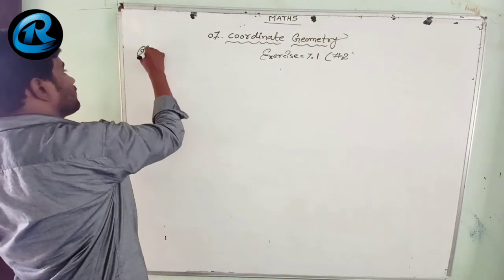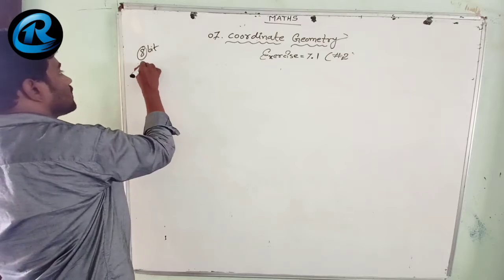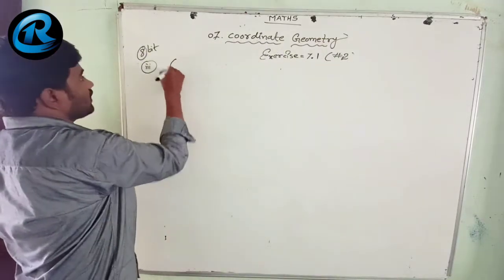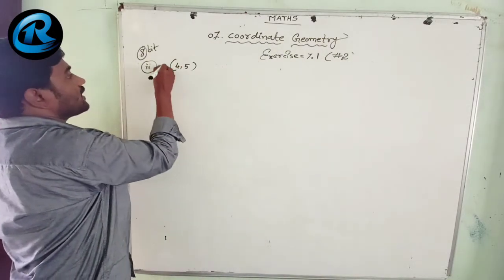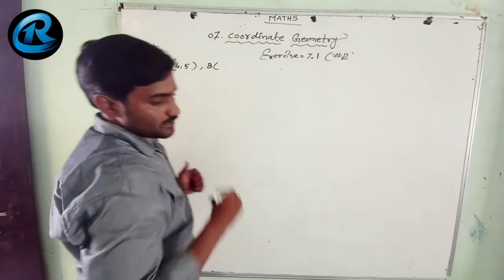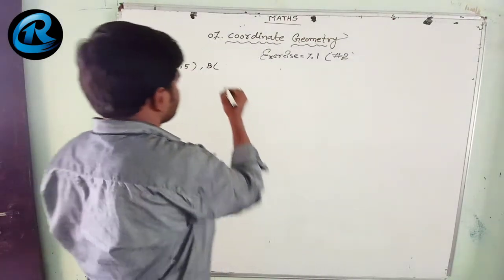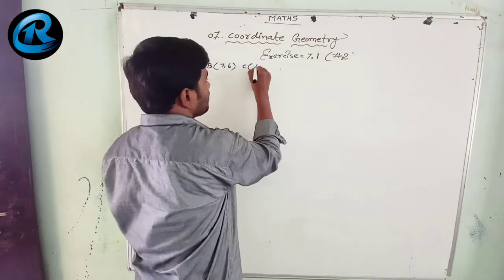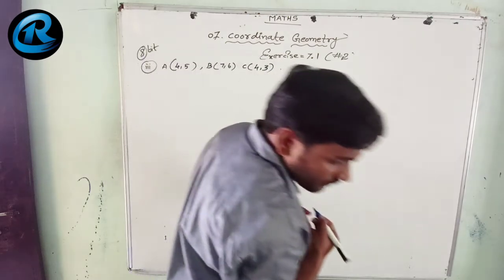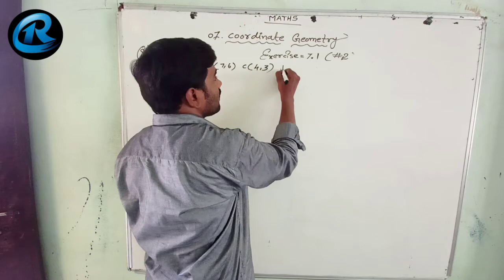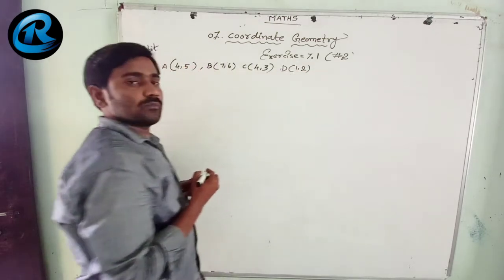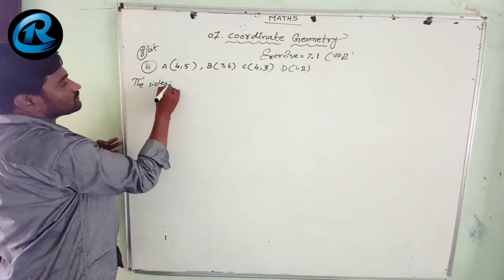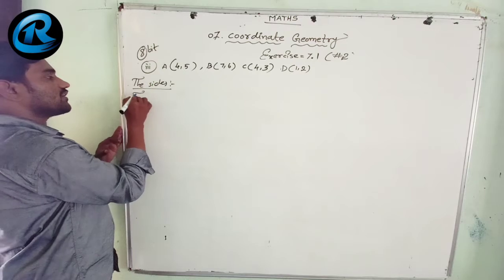8th bit, the third question. Point A is 4 comma 5 and point B is 7 comma 6. Point C is 4 comma 3. Point D is 1 comma 2. Let's find out the sides first. The distance of AB